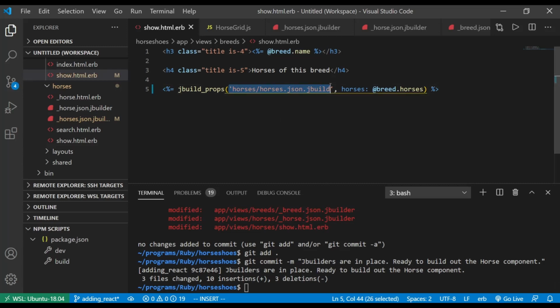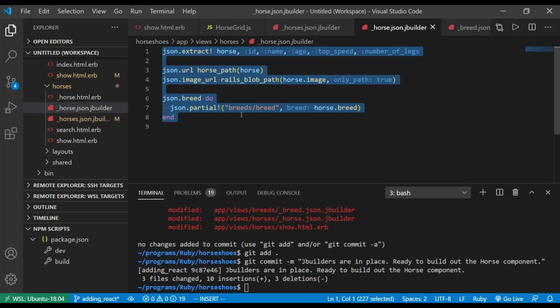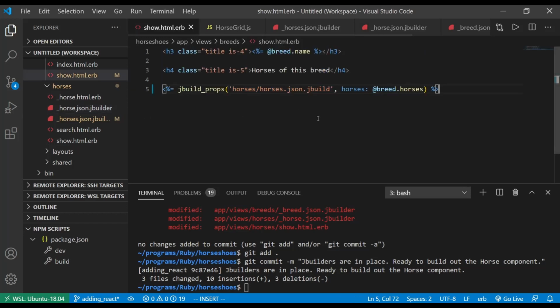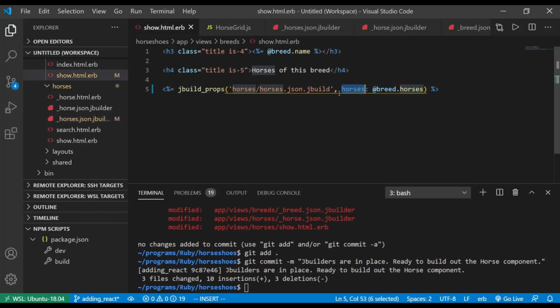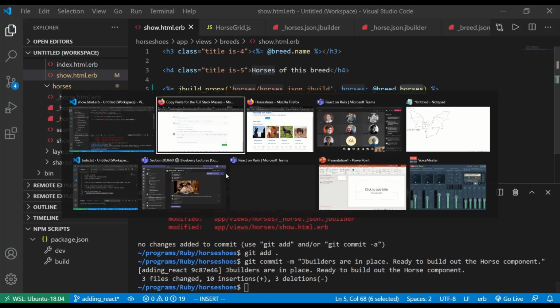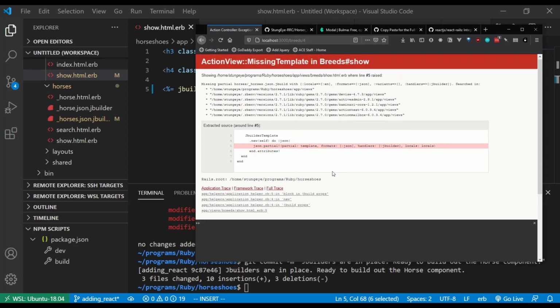So this right here is pointing to this template that we just built out, which itself references this other template that we have previously built. And then this template assumes access to a horse collection that it loops over. I have to say what that is, and in this case we're on the breed page, so I'm going to go from the breed to the horses that belong to that breed, and then that is the collection that will be rendered. So if I go back to my page here and I reload it,